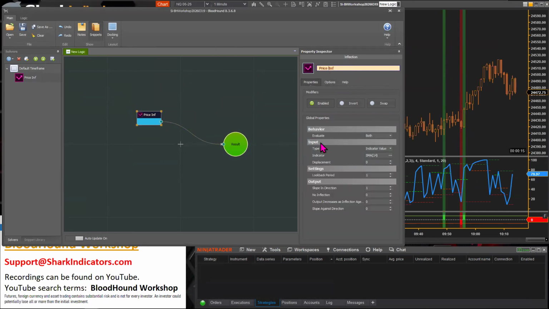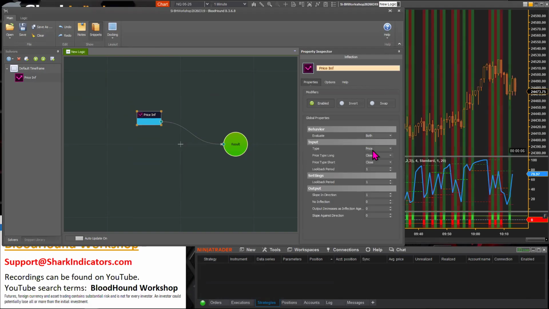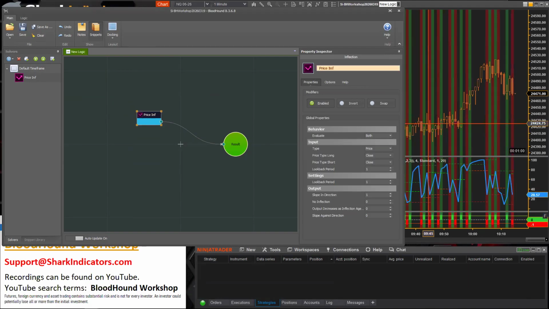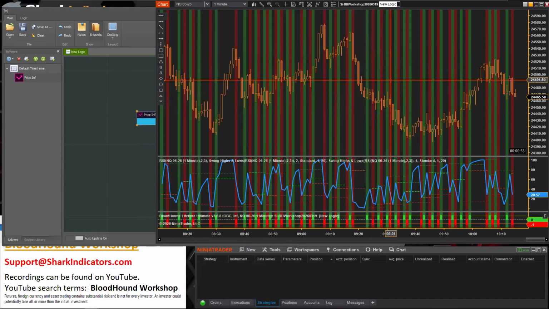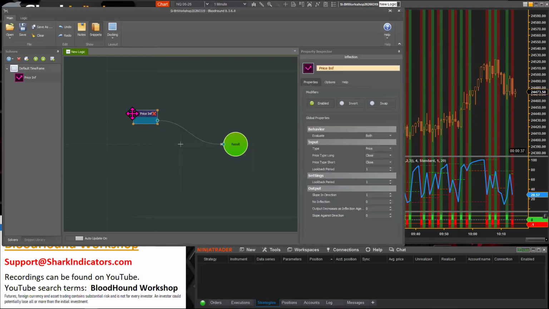All right. So the input is not going to be an indicator, but we want to look at price. So let's switch that over to price, and how do you know when the bars are reversing direction, right? It's the closing price of the bar. So there we go. So here we can see when price is reversing direction all over the place today. That's the NQ for you, which is good. That'll provide us lots of examples here to build this system out and get it set up correctly. So that's the first condition.